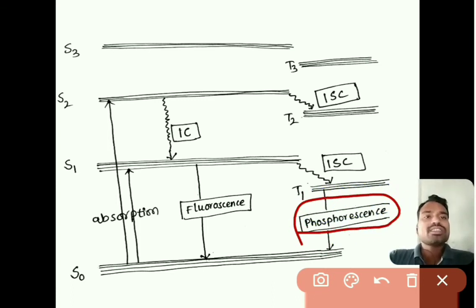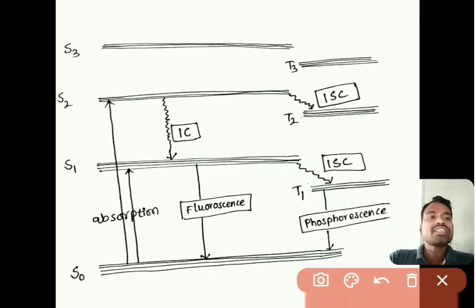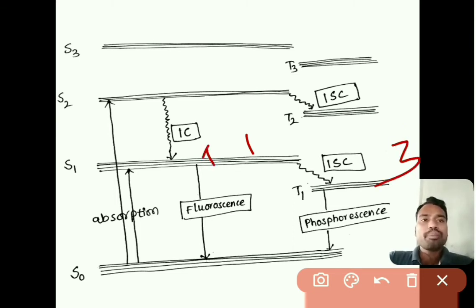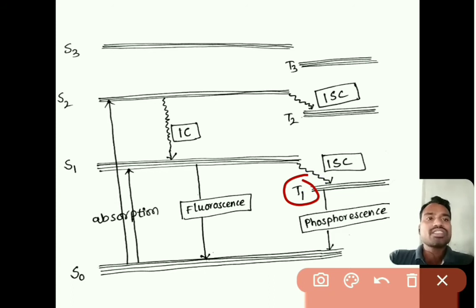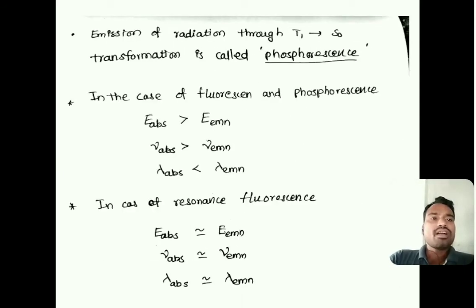Here, as the molecule moves from S1 to T1, it requires some time, because S1 is a singlet state and T1 is a triplet state. So the spin is changed here. The spin multiplicity is 1 in one state and 3 in the other; electrons are in a paired state in one and an unpaired state in the other. To get this, it requires some time, so that the phosphorescence occurs, right. So that's why emission